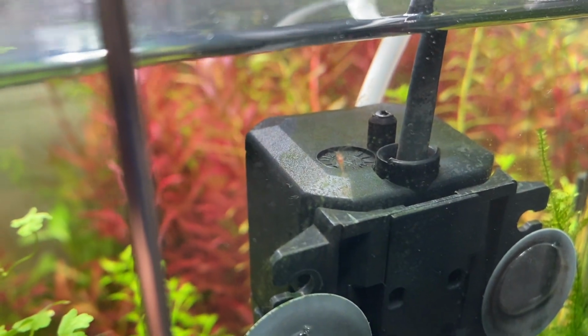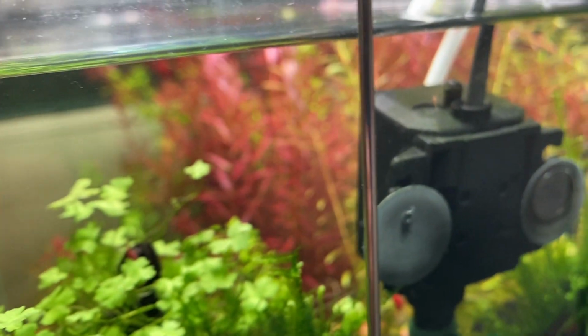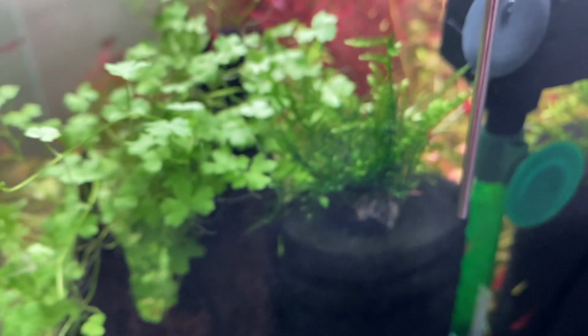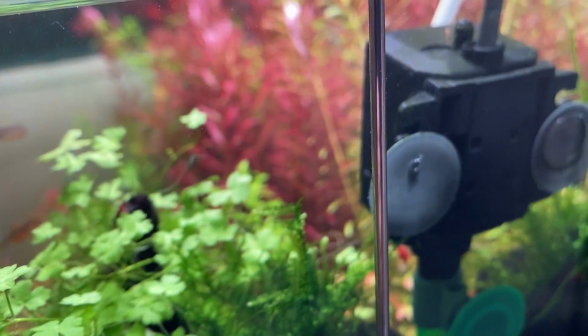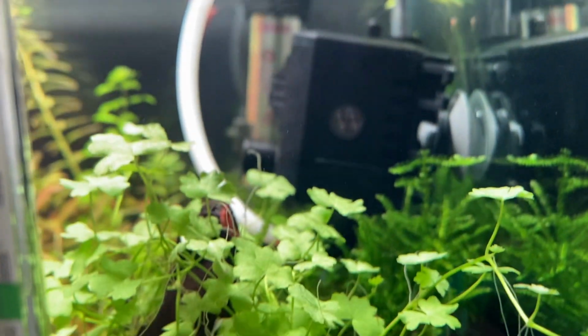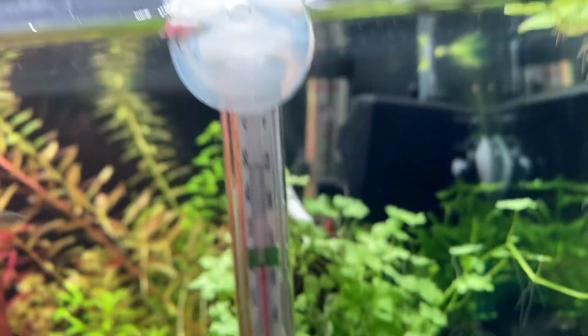A week-old. Yeah. So what I've found with this little power head, it's only about 2 inches in size, so it's 5 centimeters by 5 centimeters. Tiny little power head, which probably pushes around 200 liters per hour, which is great. So it's agitating the water surface. You can see it pushing the plants